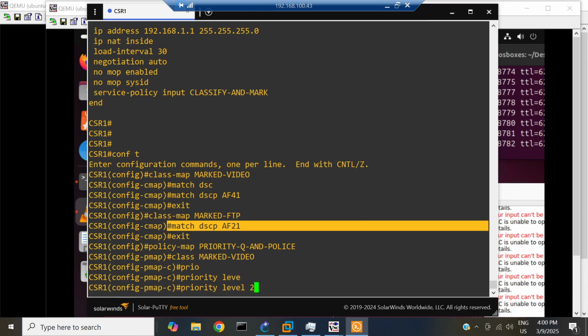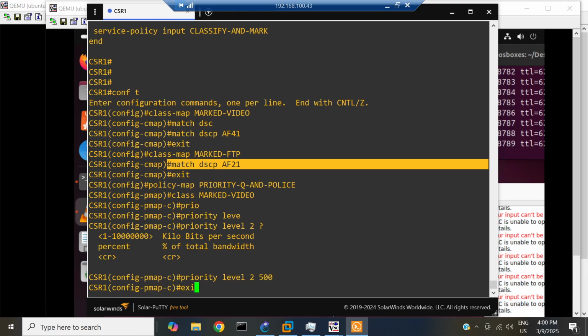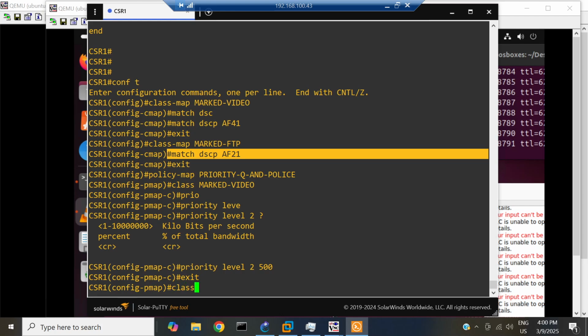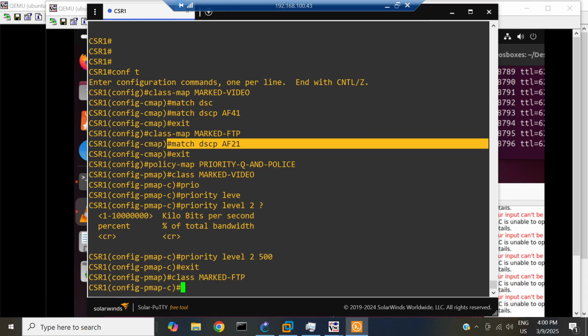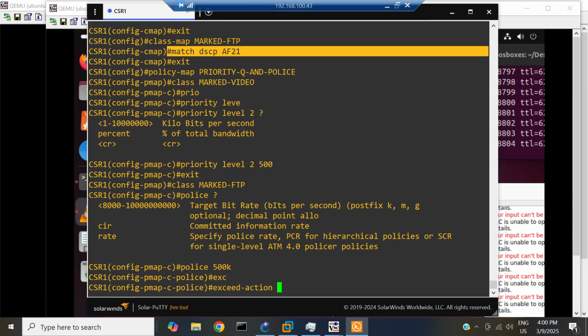Remember that 2 is for video, 1 is for voice, and I'm going to provide it with 500 kilobits per second. And then for class marked FTP, I'm going to police it to 500 Ks, and the exceed action will